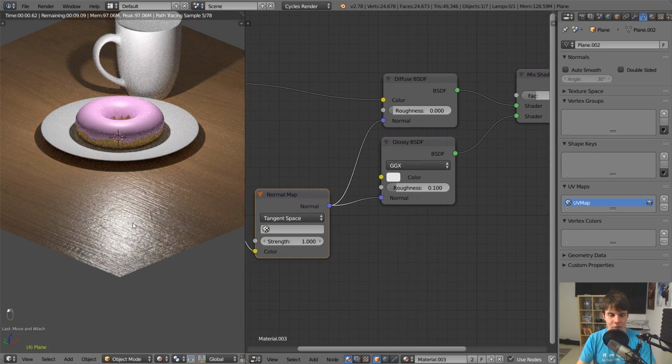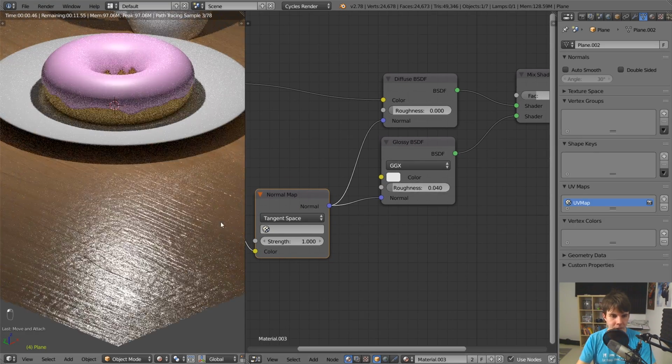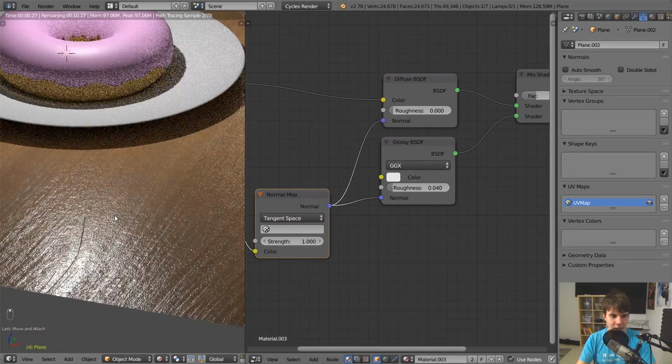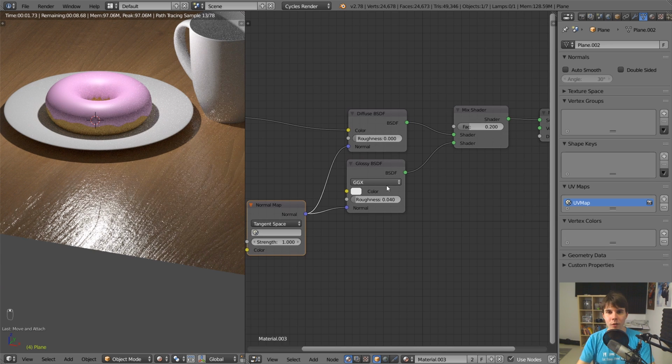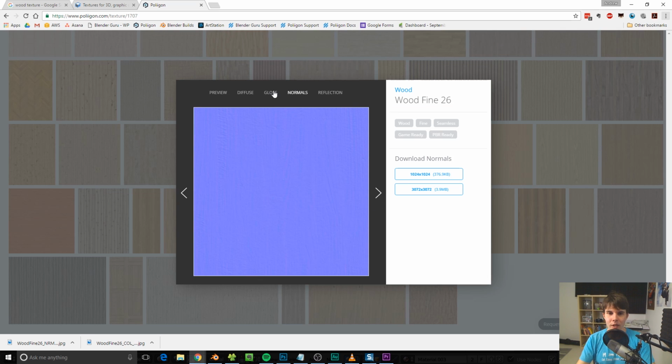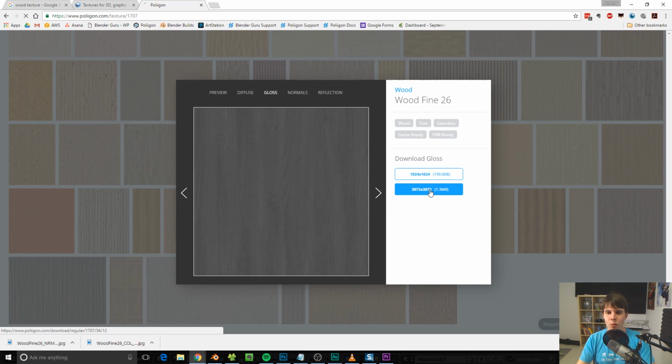So I might turn down my roughness so we can see it a little bit better. Well, look at that. Our table is looking fantastic. Very, very realistic. Now you could actually go further if you wanted to. You could download the gloss map, which would be used for,